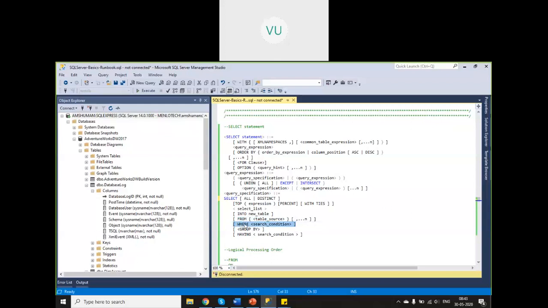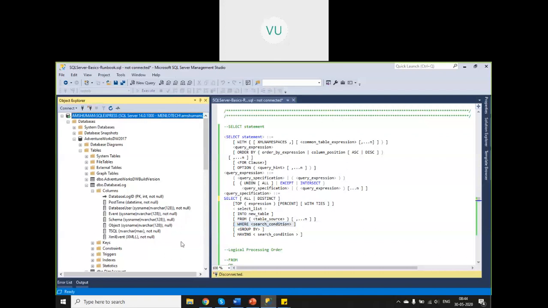And the where clause is there. So where is like you are trying to filter the records. Here you are filtering the columns. Select list is for filtering the columns. Where is for filtering the records. That means out of all the records, only records where some condition is met, only those records will be retrieved.